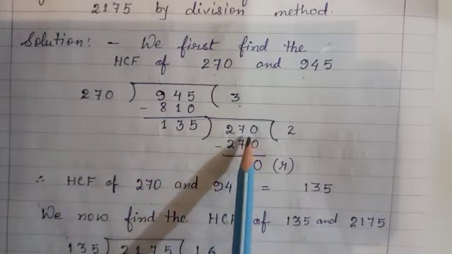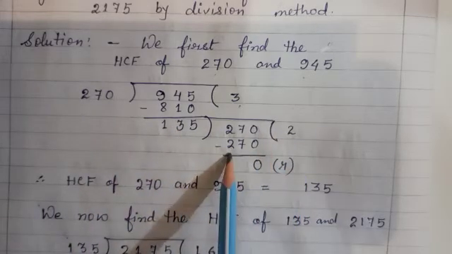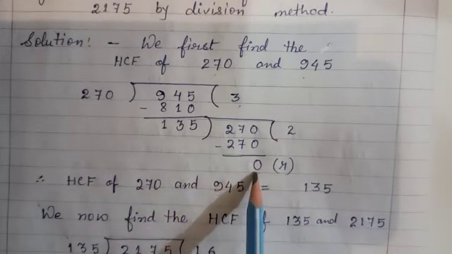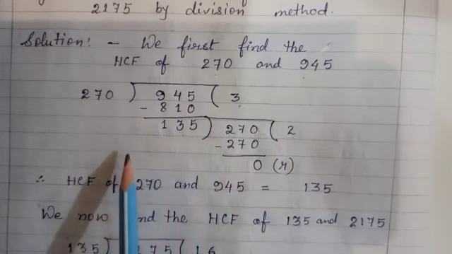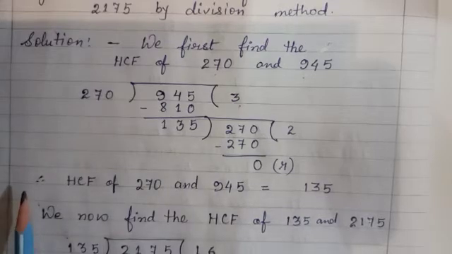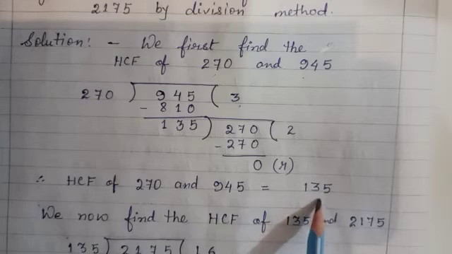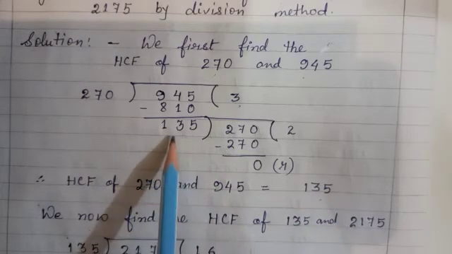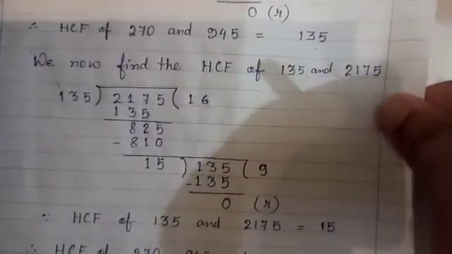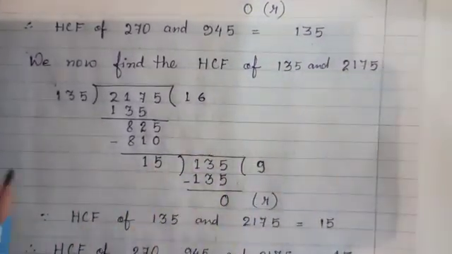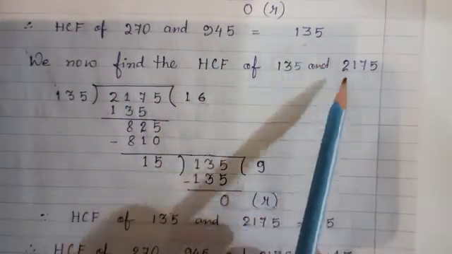So 270 divided by 135, 135 2s are 270. No remainder, remainder is 0. Therefore division is completed, and the last divisor is the SCF of these two numbers. We can conclude the SCF of 270 and 945 is equal to 135. As we are getting, this is the last divisor. Now the third number is 2175. Therefore, we now find out the SCF of this 135 and this third number